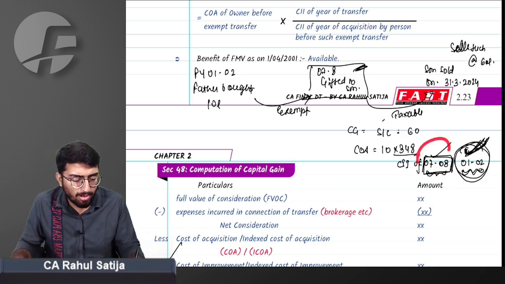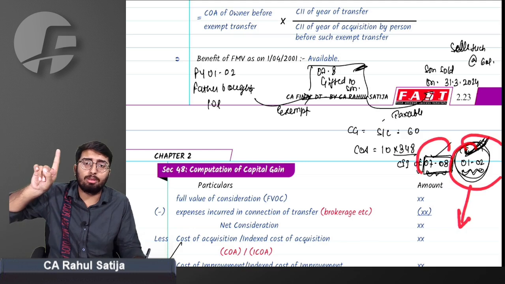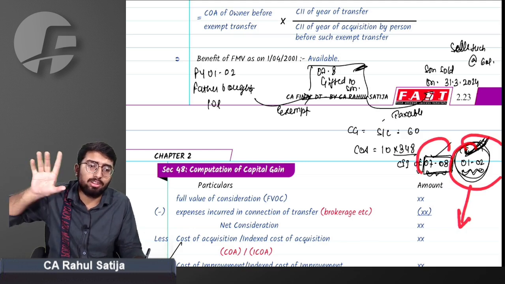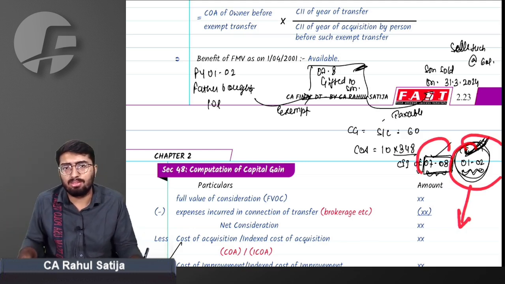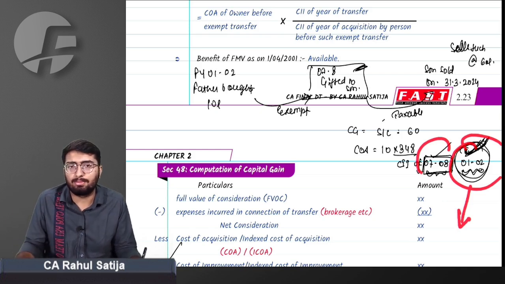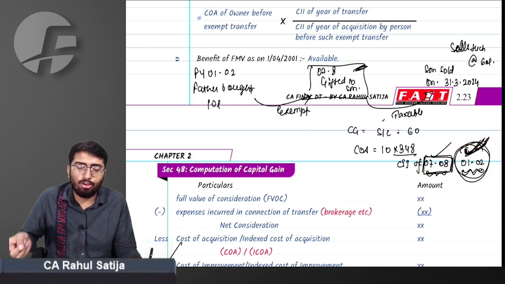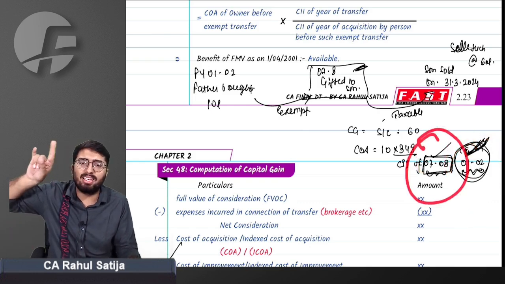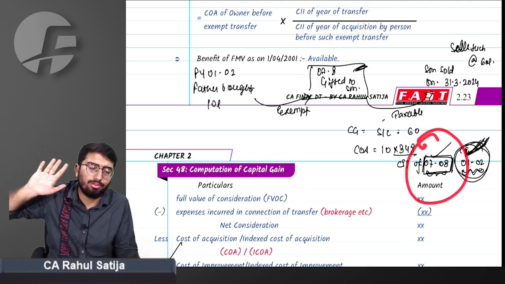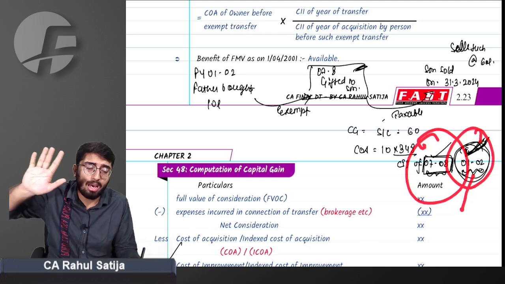Your answers may not match by solving this, but there will always be an alternative given at the bottom of the answer, which will justify your thought process and state that your answer is also correct in that sense. So from now onwards, you will be using this. If you are in the habit of using the other year as CII, do use it. I don't want to confuse you.